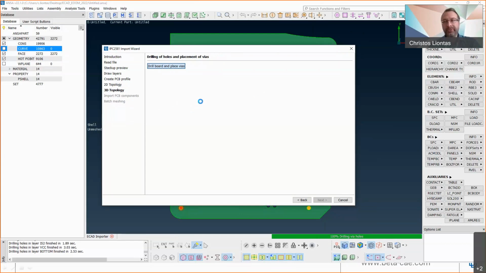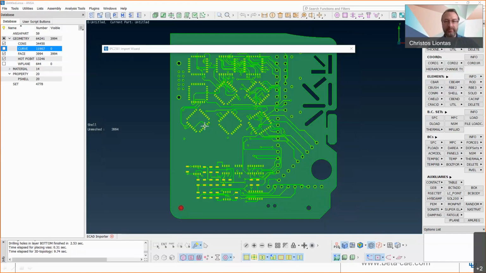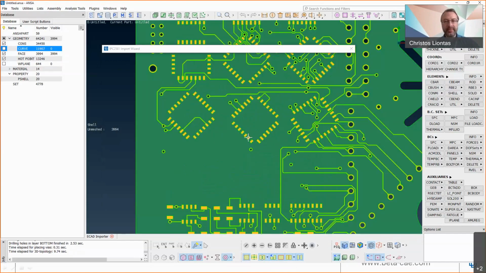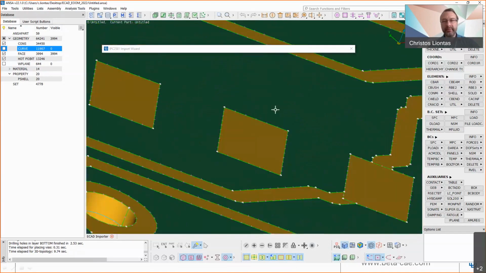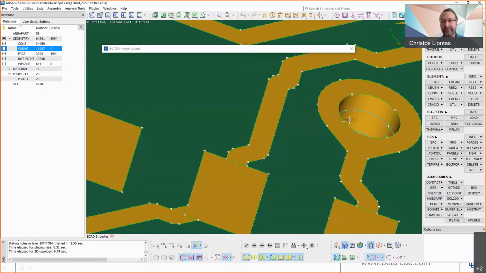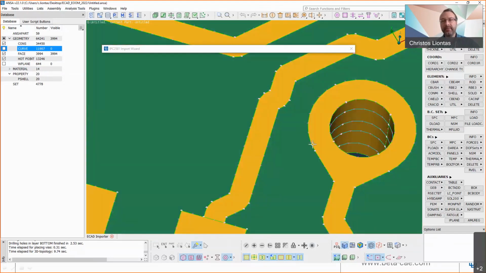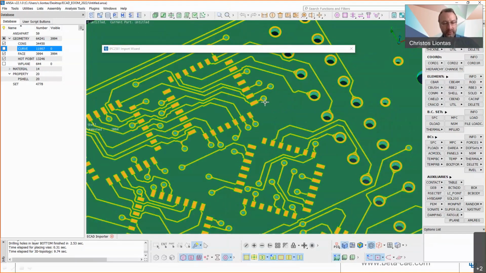And we can have both conducting and non-conducting vias. So they have a different property. Conducting vias have yellow color property, and non-conducting vias have a purple one. So now the model has been drilled, and you can see how it looks like here. So there are holes going through all the layers that connect all the layers together.